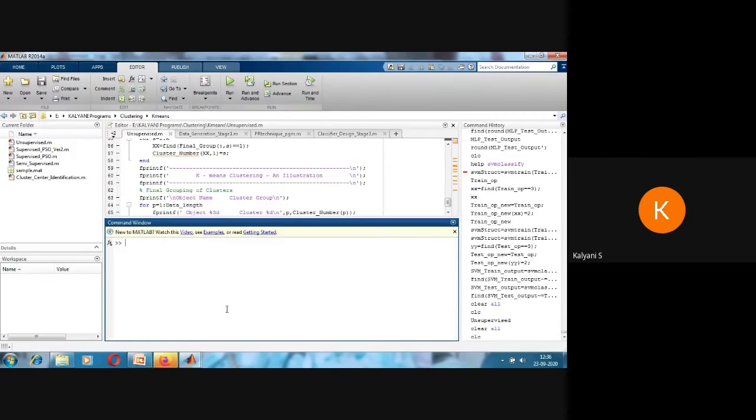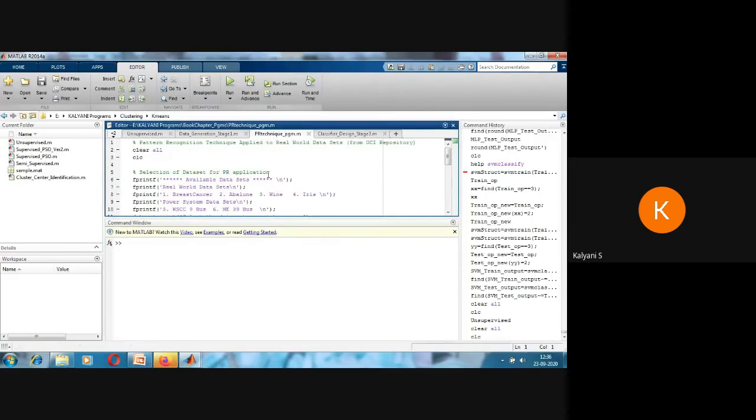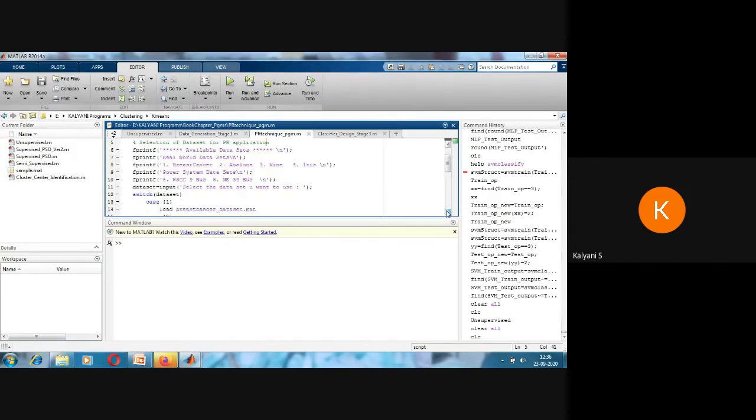Now finally, I will show you the complete program. This is actually the program which I have developed for a book chapter. What we are doing here is taking all real-time data sets, and these are the various real-time data sets: breast cancer data set, wine data set, iris, that is Fisher iris, and then we are also taking some power system data sets, which are the WSCC 9-bus data set and the New England 39-bus data set, where the voltage and load flow data will be available for various contingency cases and load variation. And I am developing the complete ML model.